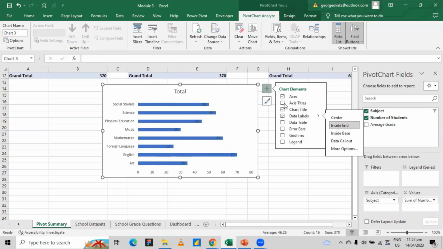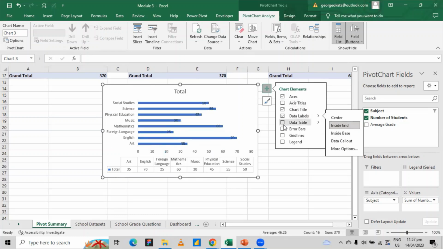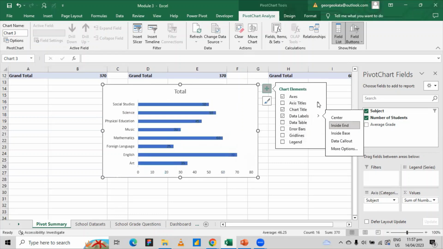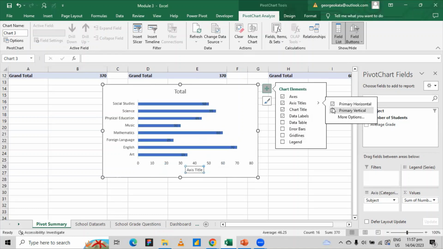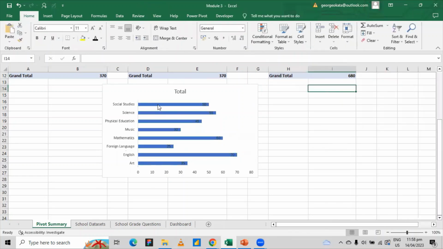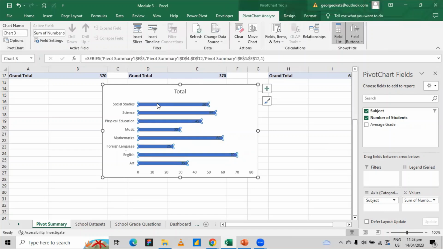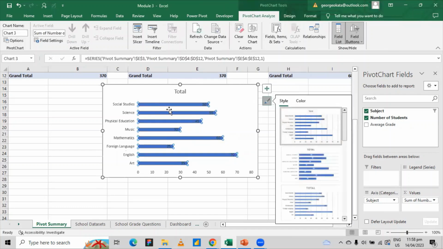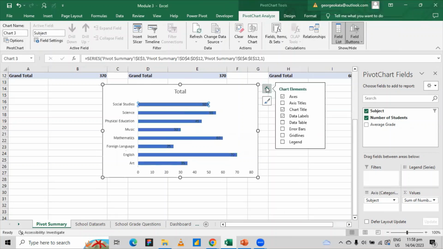You can also put a chart title as well. All right, and then you can also put a primary horizontal if you want, a secondary horizontal, but we don't need all those things. So you just play around with this, and everything is all good. Now what we're going to do next is I want to obviously increase the bar line. It's something you can also do as well. So all you need to do is click on this,